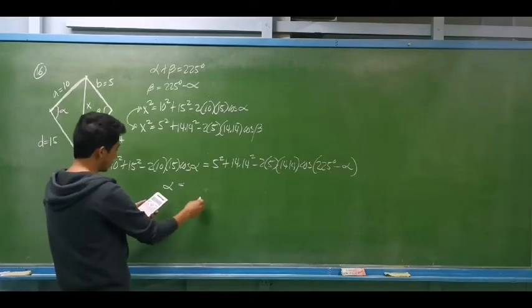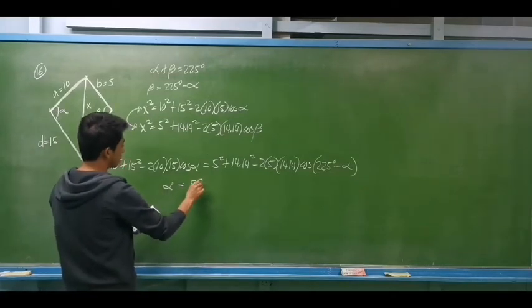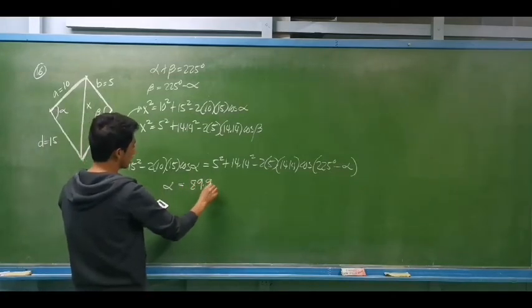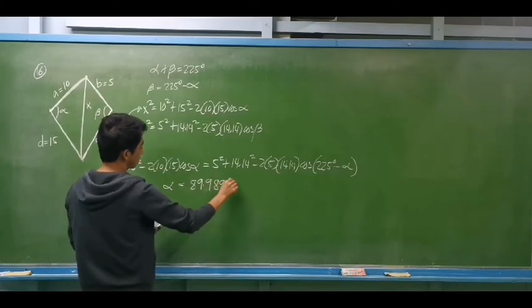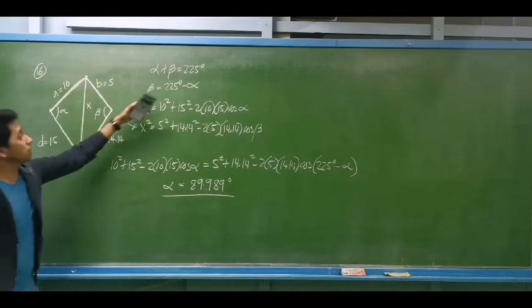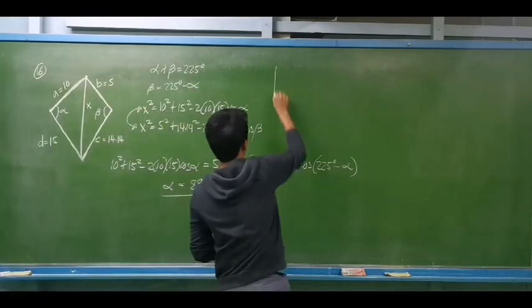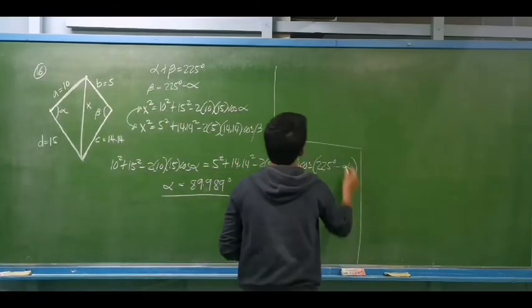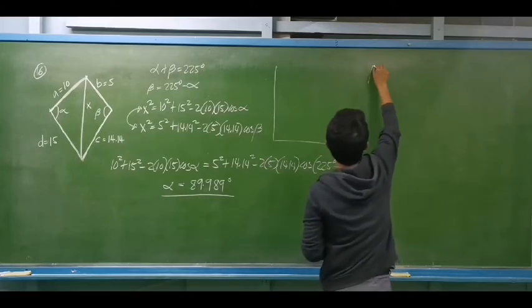Okay, so yung binigay niya is, this is 89.989 degrees. Okay, meron na tayong alpha. Makuha na ba natin yung beta? Ano yung equivalent ng angle beta? So we have beta is equal to